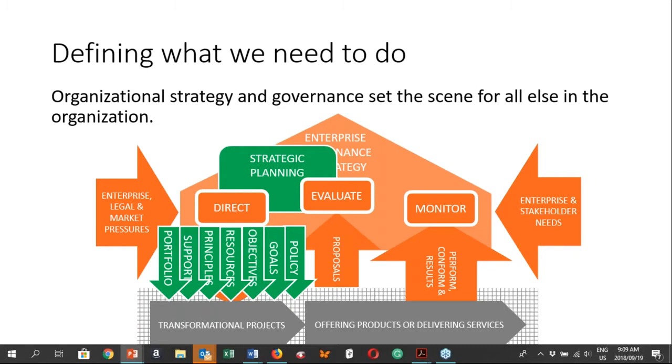So in essence, I think the first part of the book to a large extent focuses on this area of strategic planning, so the evaluate and direct area. What I'm going to do next is go through some of these elements of direction that we give to the organization, because that's really important. It becomes the input into us being able to act upon direction, number one, and number two, it becomes the input into us being able to define the management mesh, which basically creates the capability within the organization to act upon the strategic intent of the organization.